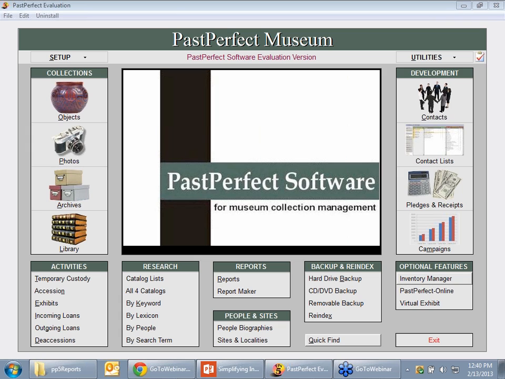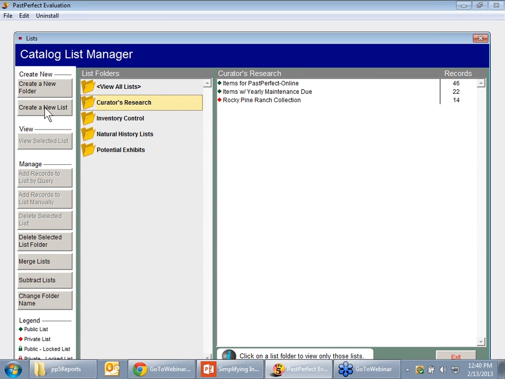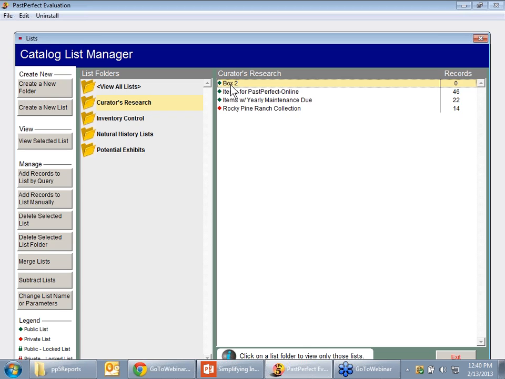Ray asked, how do I generate an inventory specific to each container or box? I think I showed how to do that once we got to the inventory manager area, but let me show you another way under catalog lists. I'm going to just go into Curator's Research and create a new list here called, I actually don't know in this data if box 2 is going to be legit or not, but let's try it. So I created a new list called box 2, and now I'm going to add records to that list